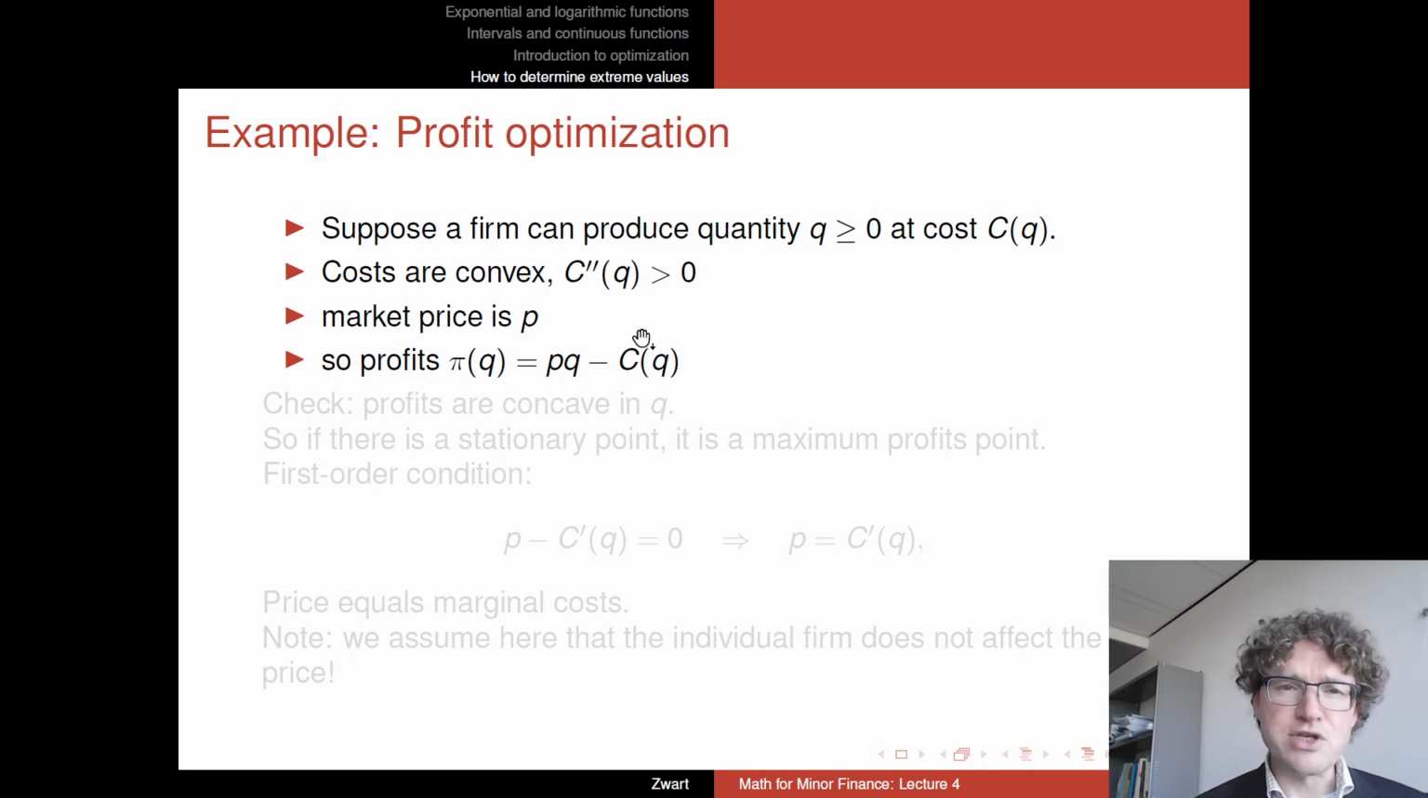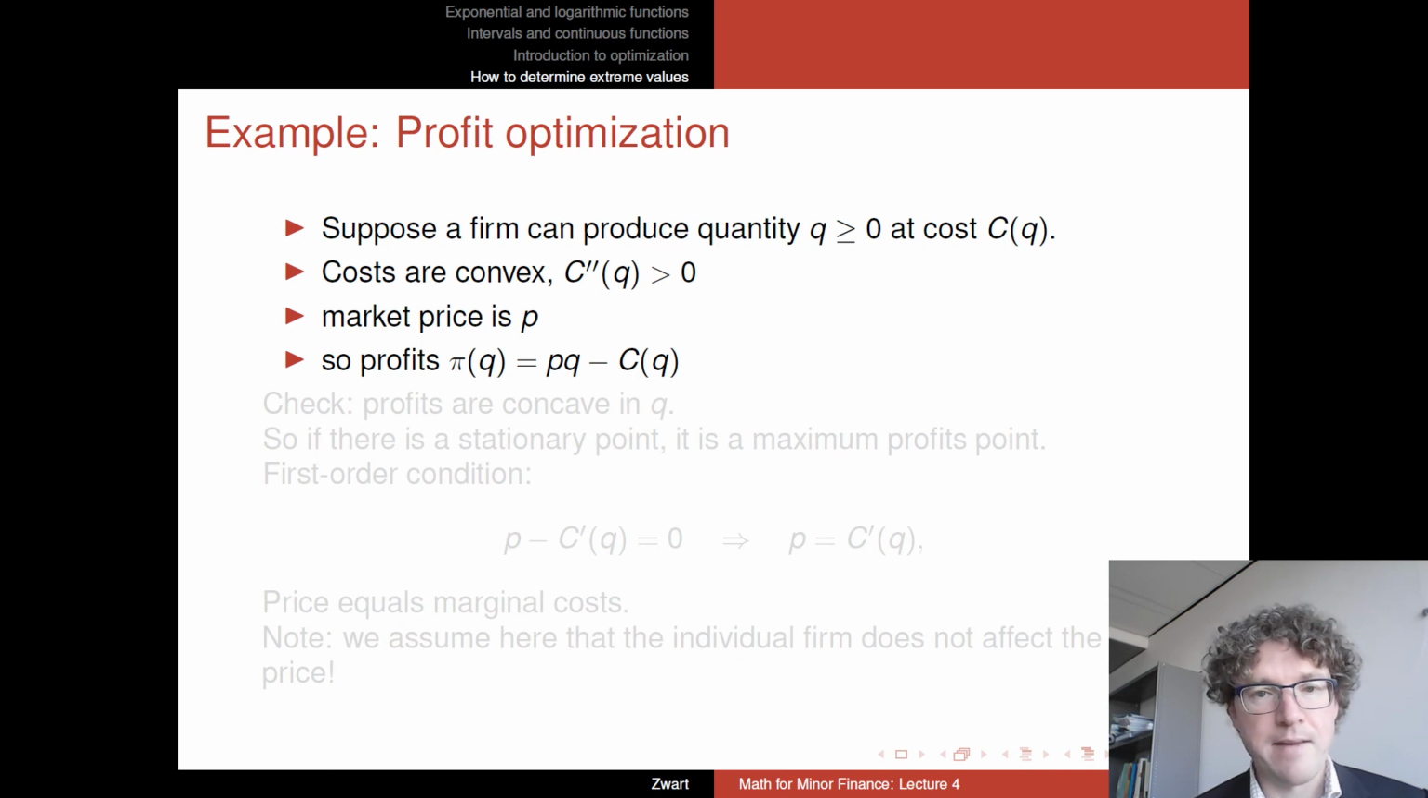And we're going to assume here that costs are convex. So if you're going to produce more, it's going to cost more, but in a convex way. So the marginal costs are growing and growing. In economic terms, you might say there are diseconomies of scale. So C double prime is bigger than 0, so costs are growing faster and faster as you increase the quantity that